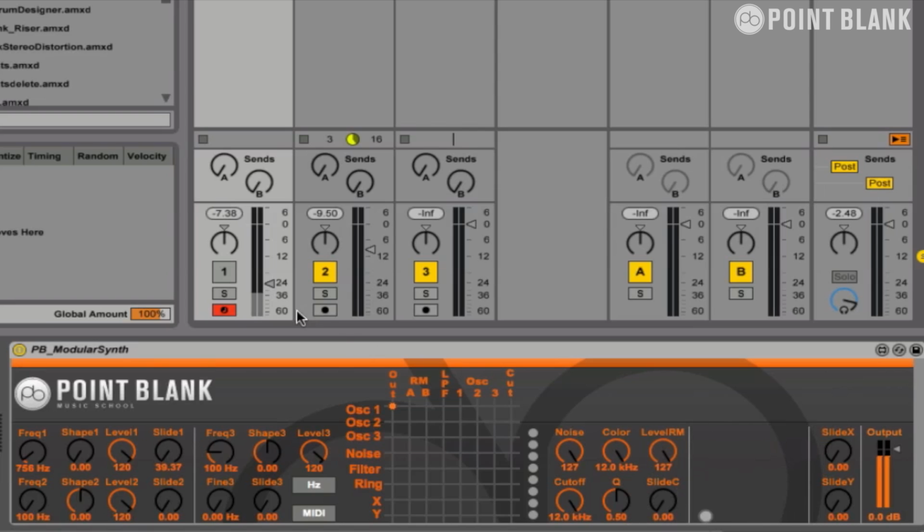So if I want to assign the XY controller to oscillator 1 and oscillator 2, what I'm going to do is come to X. I'm going to assign this to control the frequency of oscillator 1. So here is X. Come along here, and then where it lines up with oscillator 1, I'm going to click there to create a little pin. Let's test this out. So, and then move along the X-axis. If you want it to slide around like we saw earlier,